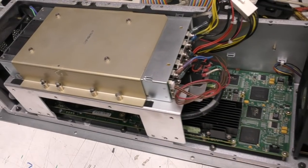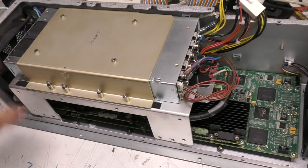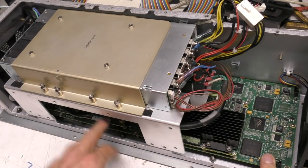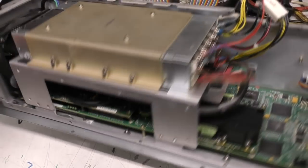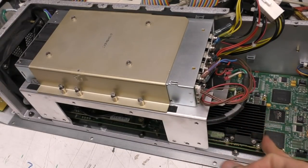Now, looking at the top of this unit, we've got power supply on top. This is a modular multi-output power supply, fan at each end, big main board along the bottom, and a couple of boards sat on top as daughter boards. I suspect this is probably an off-the-shelf PC on a module type unit,